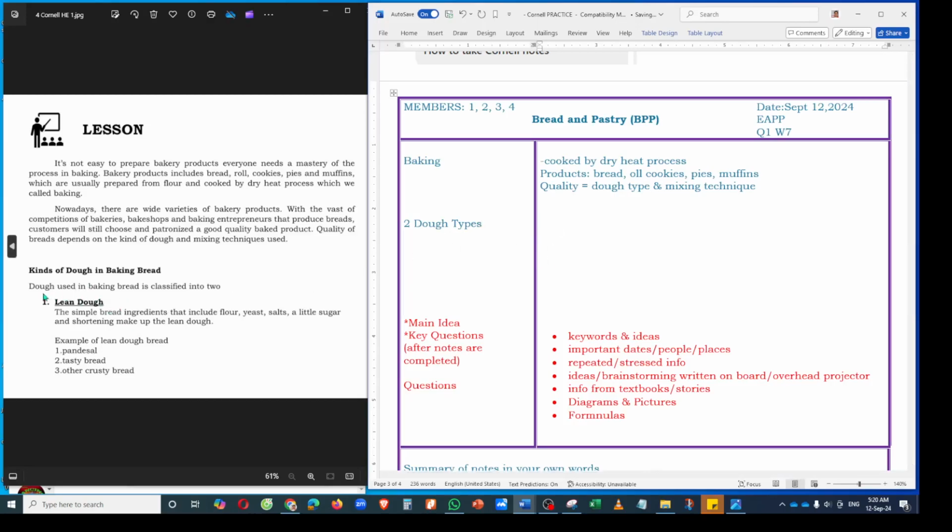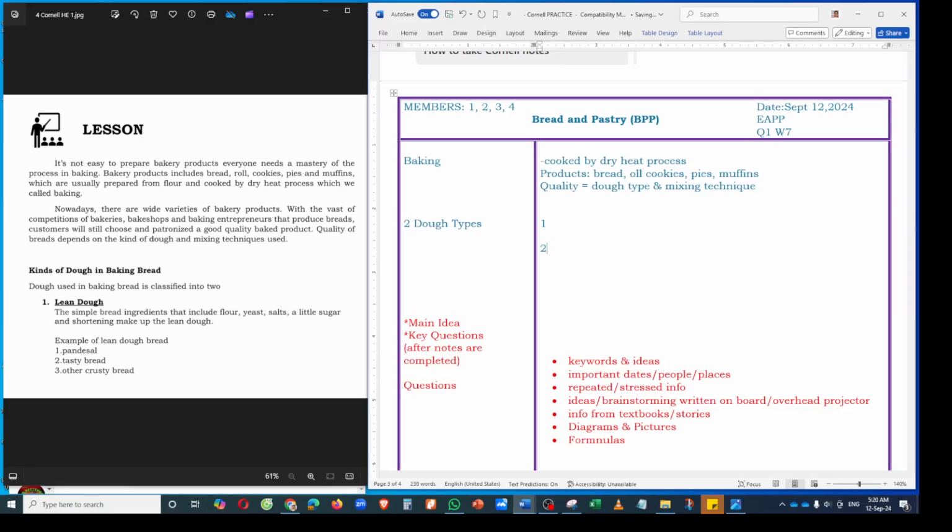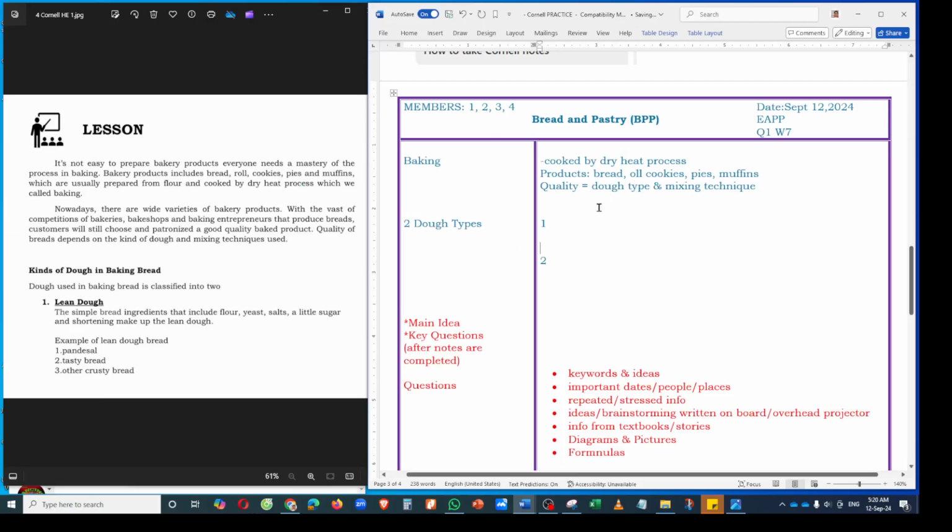So there it says, doughs used in baking bread is classified into two. Lagay mo na lang yung two doon so you know there are just two types. Sabi niya, merong two dough types. Lagay mo one, tapos yung two. You leave spaces so in case you need to write something. So the first dough type is, it says here, lean dough. So you don't need to put dough. You just can write lean para konti lang yung susulatin. You already know that these are dough types, so lean dough is implied by the word lean.